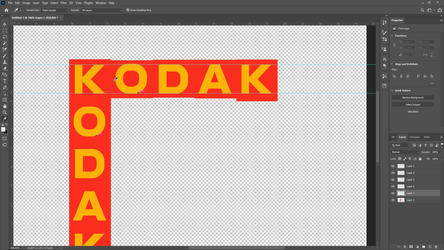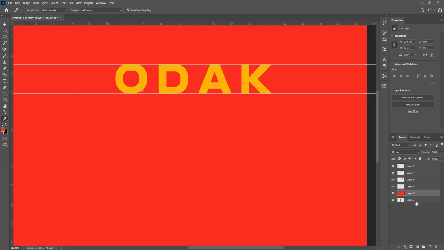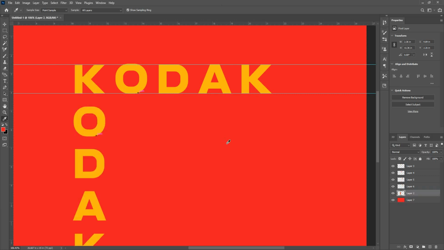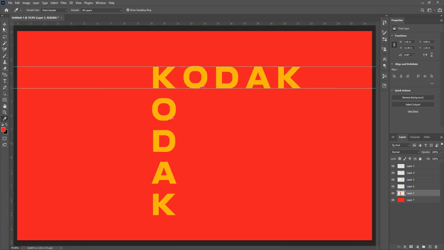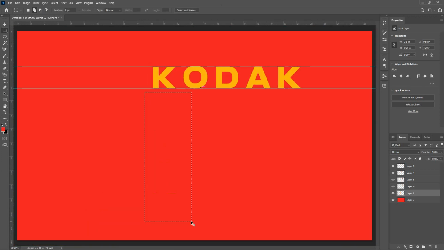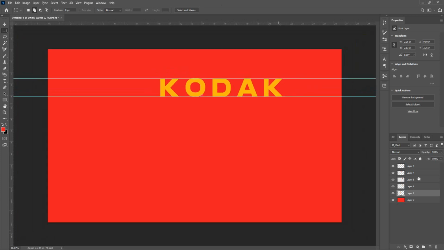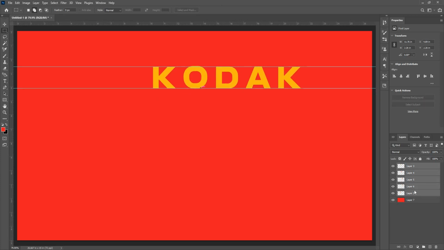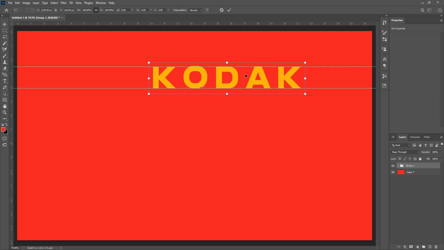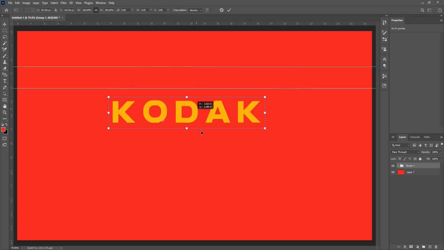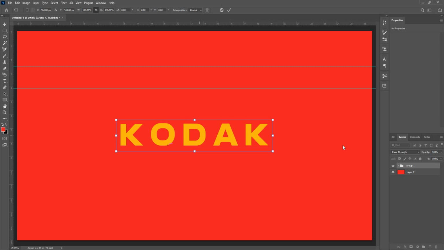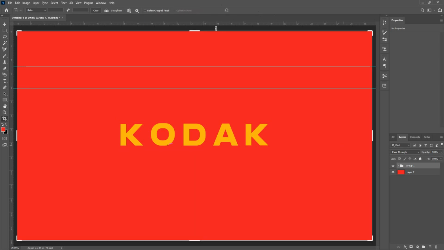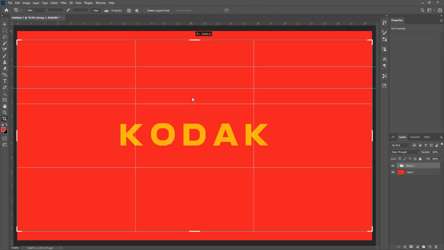Just use the eyedropper and Alt Backspace, and this is going to be the background. Right, so I can just remove this, press delete, and then it's gone. Okay, so I'll just group these, Control G group, Control T transform. I'll just bring it to the center. Enter, crop, make it smaller